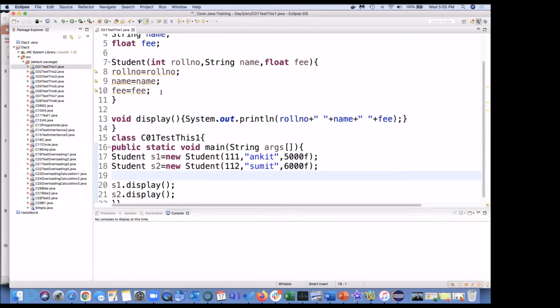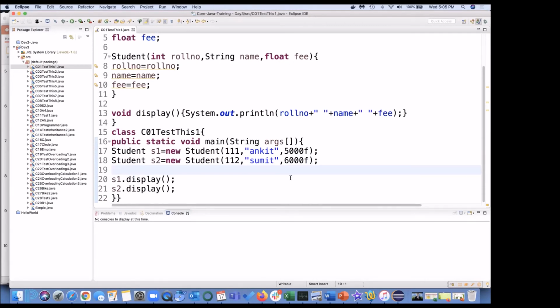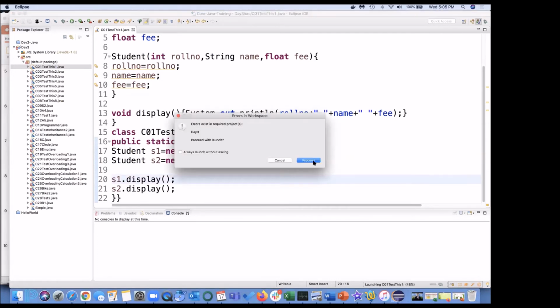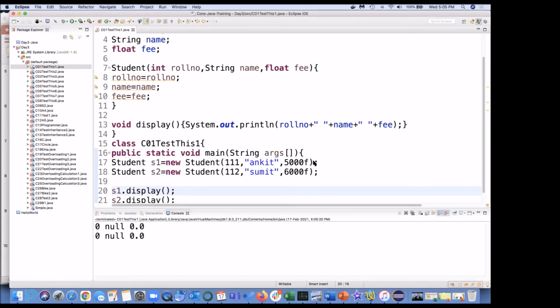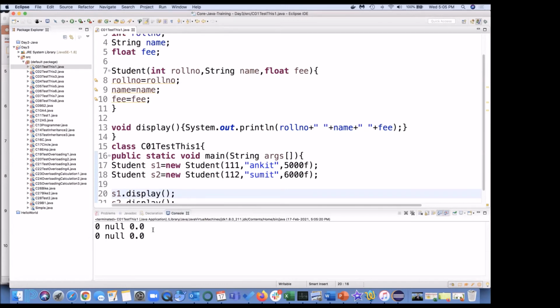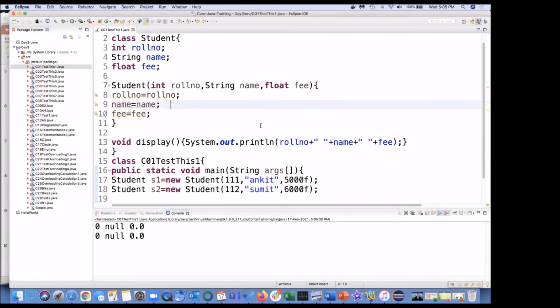Any guesses? Let me run to save time. Why is it 0 null 0 0? Because the moment you created this student object, and you pass roll number as 111, but this is not doing anything.